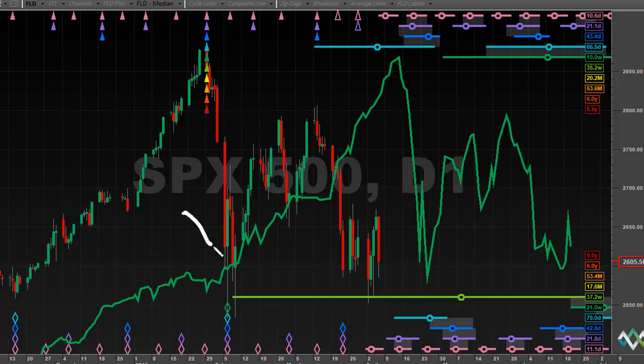So here you can see a time where price came down to the FLD and found support. Here price again came down to the FLD and found support. Here price came down to the FLD and just sliced straight through it. So that is an example of why the interaction between price and the FLD is fairly complicated,